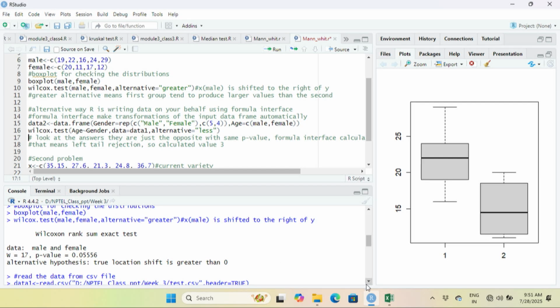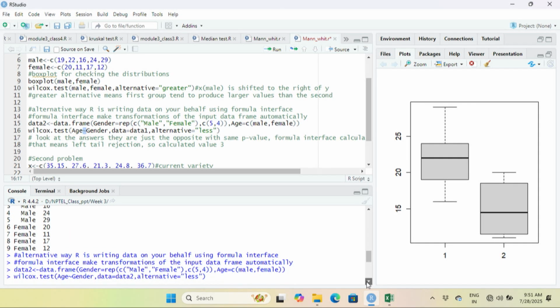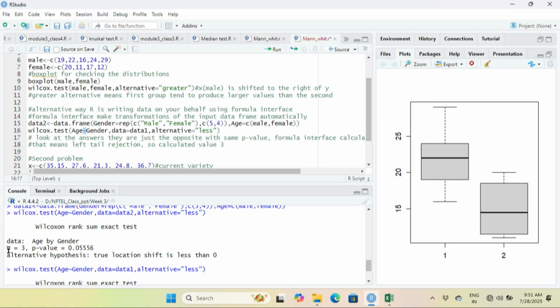But here, when you are using the formula interface, age is formulated over gender. This notation is meant for the formula. So when you are doing that, you will find that W, the Wilcoxon test statistic value, is 3